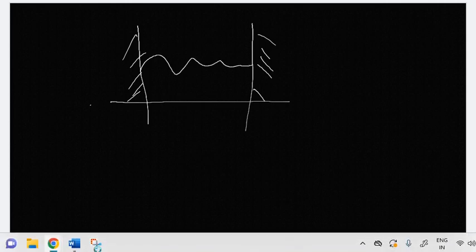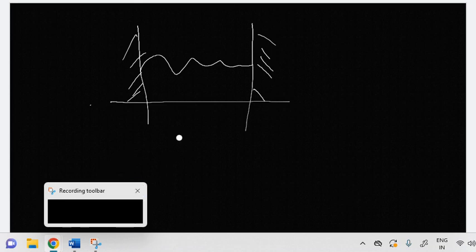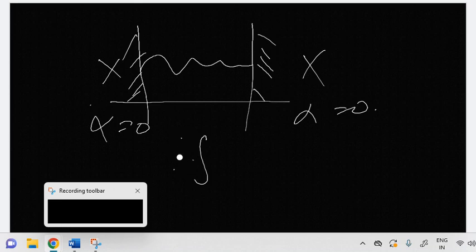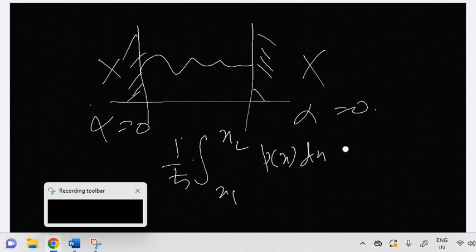Okay. Now next one. Suppose the system with two walls. This is one wall, this is another wall. The potential is embedded within them. That means we have to neglect both the connection relations. Both of these will not reach up to the left-sided and right-sided WKB approximated wave function. So effectively, here also alpha equals to 0 and here also alpha equals to 0. I am skipping some steps. You will find 1 by h cut integral from x1 to x2 of p dx is equal to (n plus 1) pi,